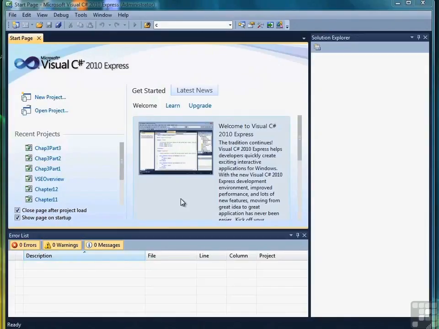In this lesson, we're going to learn how to declare variables. Before we can use a variable in a program, we have to declare it. A variable declaration includes the data type and the variable name. There are some optional things we can do, but we're going to stick just to the basic data type, variable